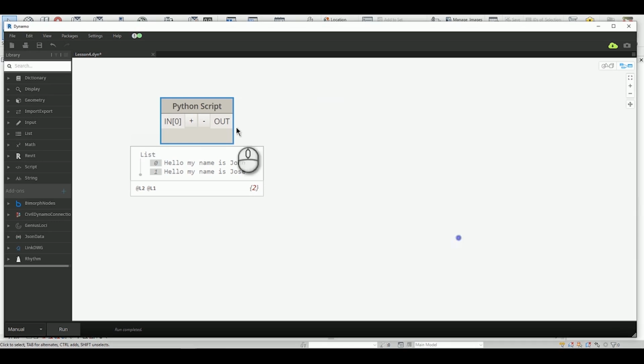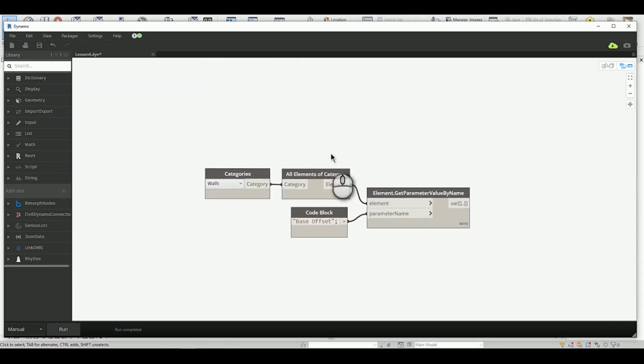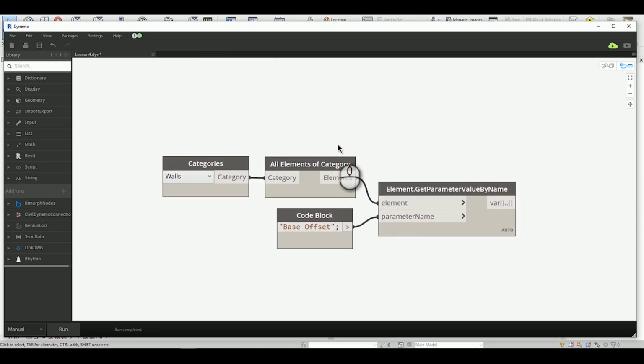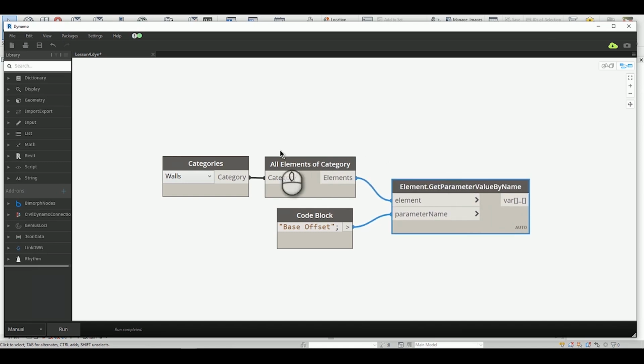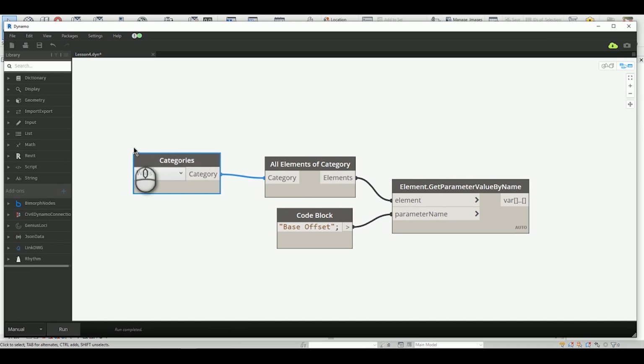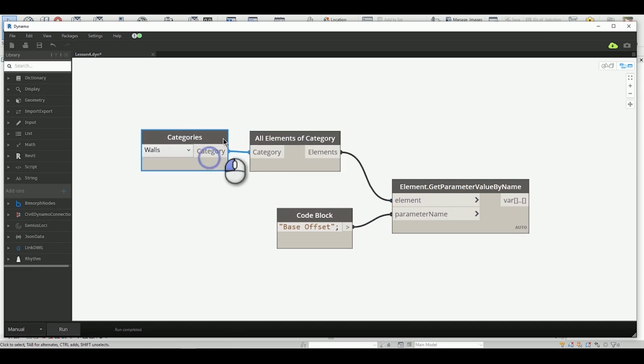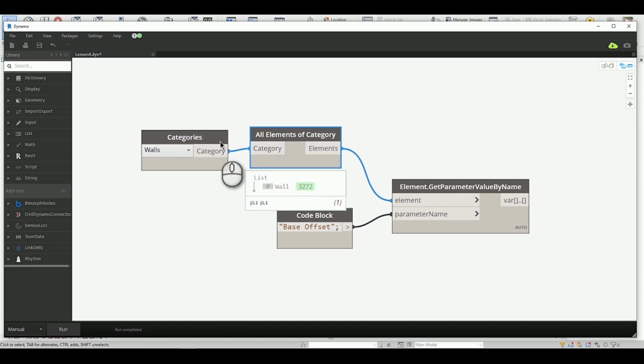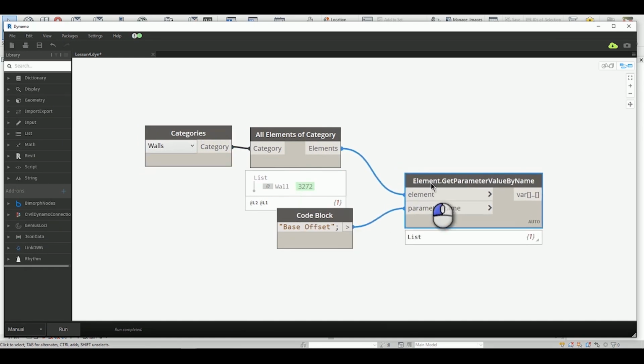So the next example I want to show you is again this specific wall that we are using in the exercise. This is the typical example of using the Dynamo out-of-the-box core nodes to access some specific value. What it does is grab the category walls, and then it just collects all of them. In this case we have only one wall, and then we access a specific parameter for that wall,